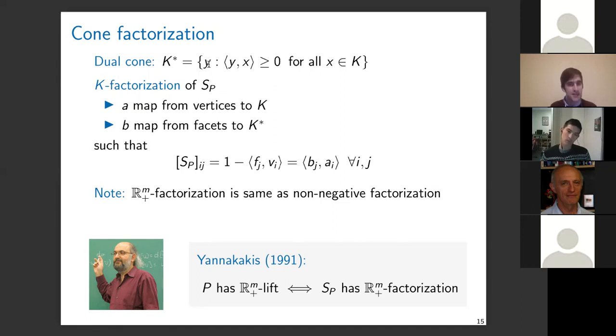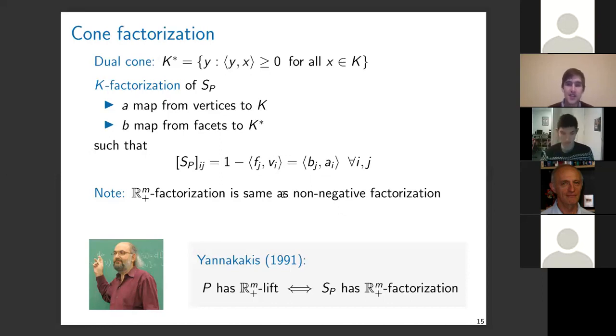The other is going to be a second map from the facets, so the facet normals, essentially, well, actually no, just from the facets to the dual cone. And what I want these mappings to do is that the slack matrix, the ij entry, is going to be the inner product of the bj coming from where the facet landed in the dual cone, and ai coming from where the vertex landed in the cone. In particular, if I could construct such a factorization, such a description of my slack operator, this implies